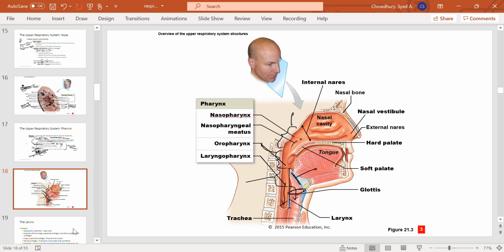Now if you see the nasopharynx, this is the opening of the auditory tube. So auditory tube, one end is here, the other end is in the middle ear. So the air is connected to the pharynx by this tube. So if the pressure increases in one side, some air will move out. And also this is the pharyngeal tonsil you see here, attached to the posterior surface of the nasopharynx. Makes sense?